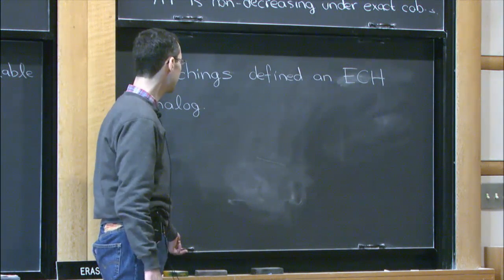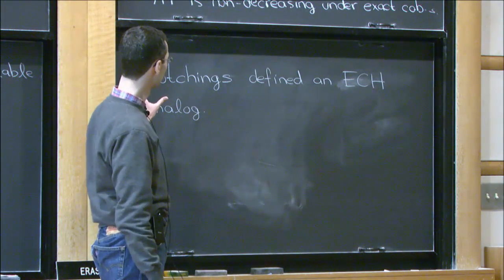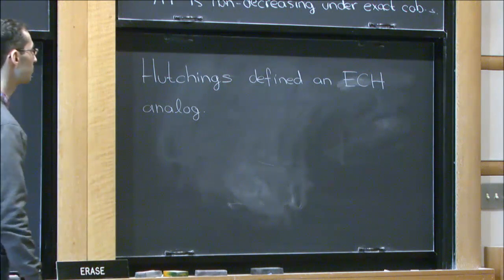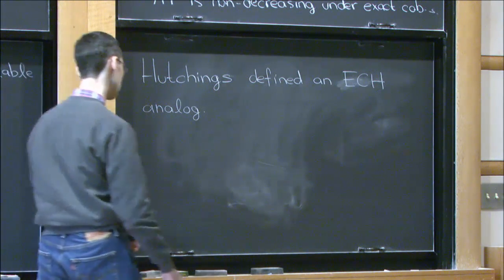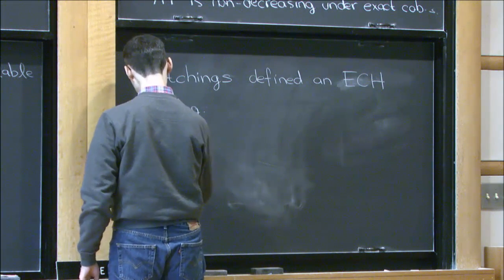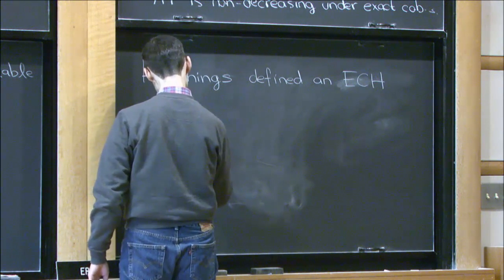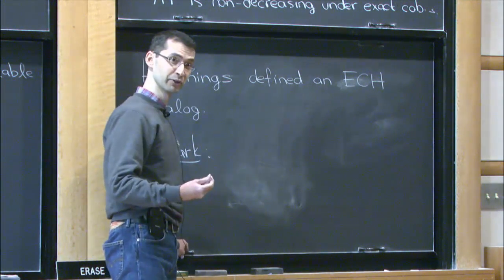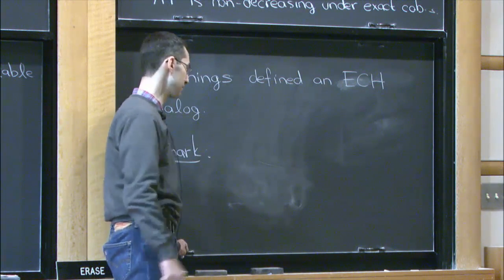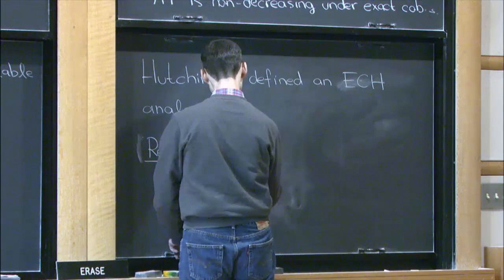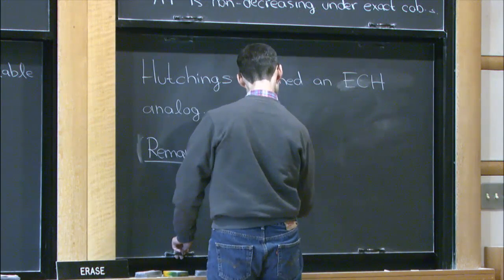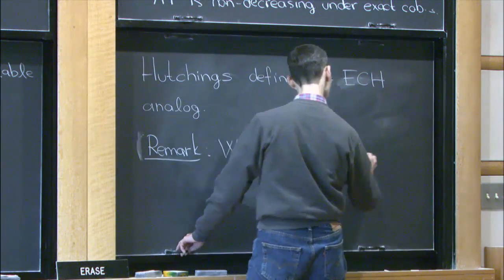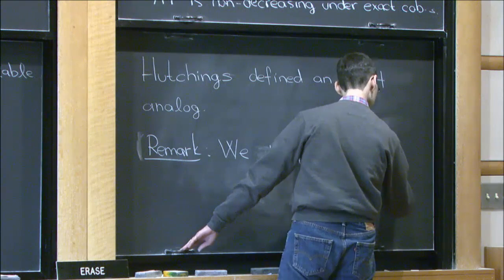Okay? So what we did is that we took his recipe, basically, and then we applied it to Heegaard Floer. But I should put a remark here to clarify things, especially because this is being recorded. So anybody who sees this lecture by some chance will know that we do not use the Colin-Ghiggini-Honda isomorphism